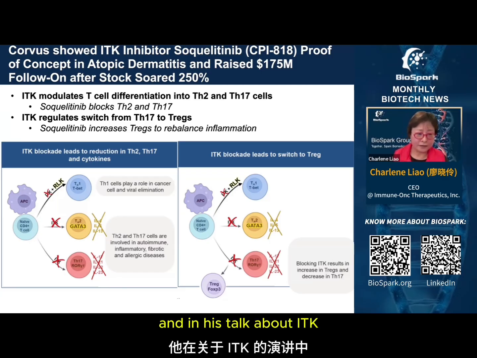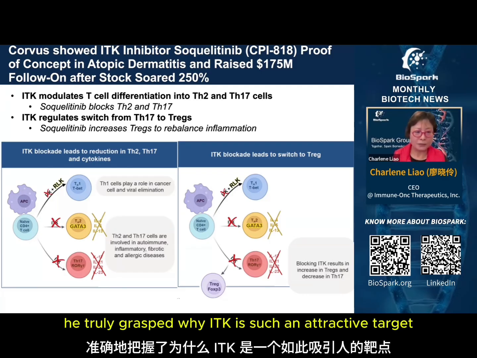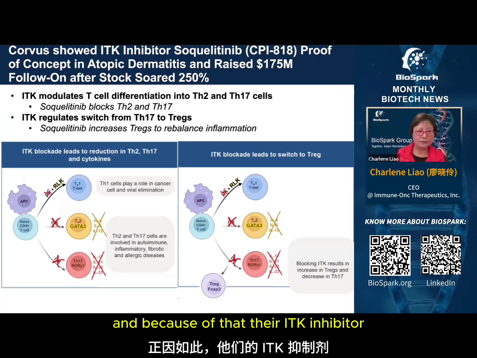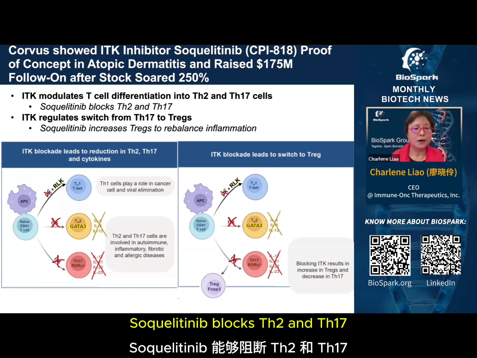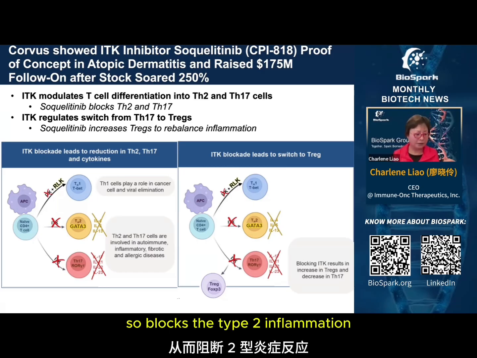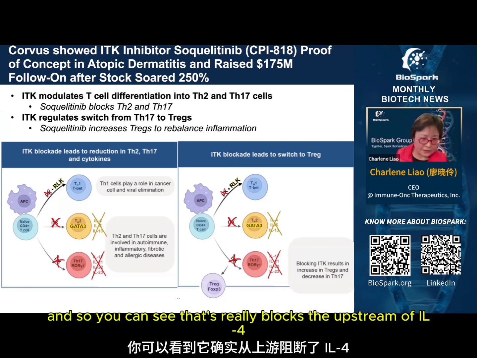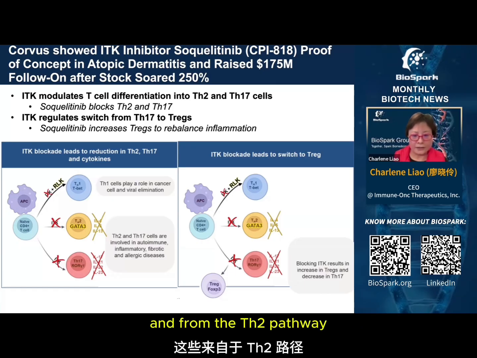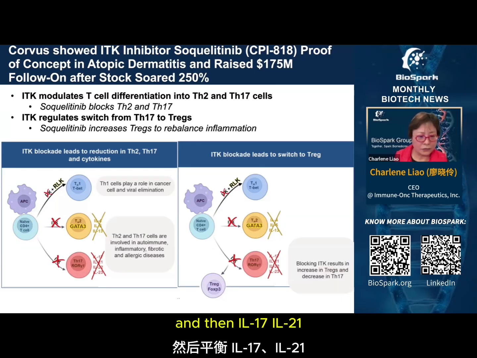And in his talk about ITK, he truly grasped why ITK is such an attractive target. As shown here, ITK modulates T cell differentiation into Th2 and Th17 cells. Because of that, their ITK inhibitor, Soquelitinib, blocks Th2 and Th17, so it blocks the type 2 inflammation. You can see that it really blocks the upstream of IL-4, IL-5, and IL-13 from the Th2 pathway, and then IL-17, IL-21, IL-23